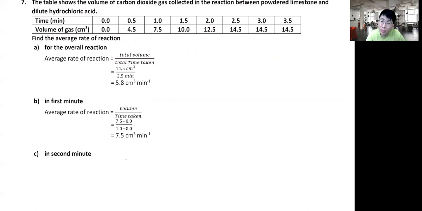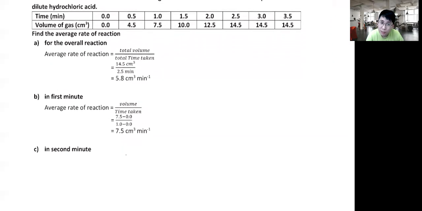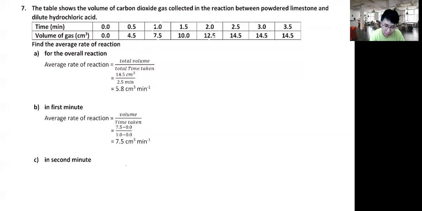That is the way to actually let your teacher know I'm trying to do average rate of reaction. Okay, if you never minus something, then you know that it's not average rate of reaction. Next one, in second minute. So in second minute means, right, in this second minute, from first minute to second minute,